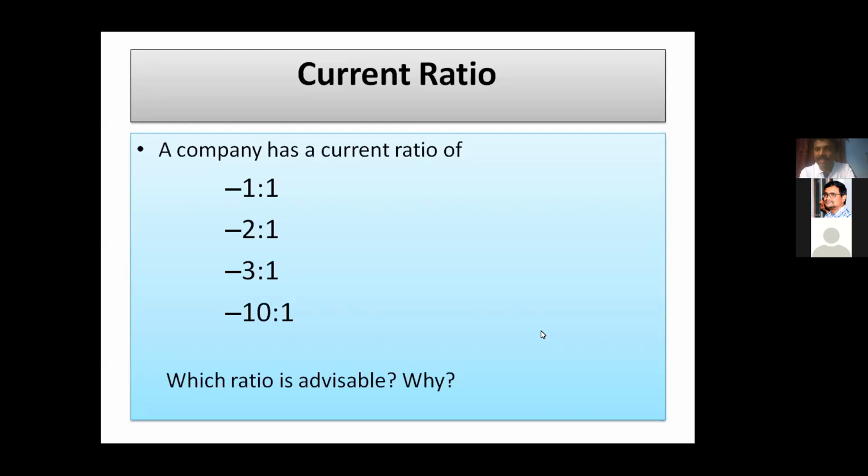So then how do we decide what is an ideal ratio? For the current ratio, there is nothing like a standard or blanket ratio. For every company there's a different current ratio. For every different period, different current ratios will be ideal for them. So depending upon where the business is, when the business was started, are you at the initial stage, are you developed,